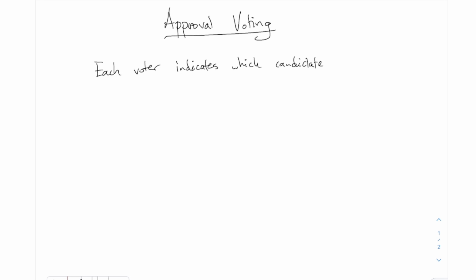It's just, I like this one, I don't like this one, I do like this one, that kind of thing. Which candidates of whom they approve, if you want to be grammatically old-fashioned about it. So for instance, a ballot